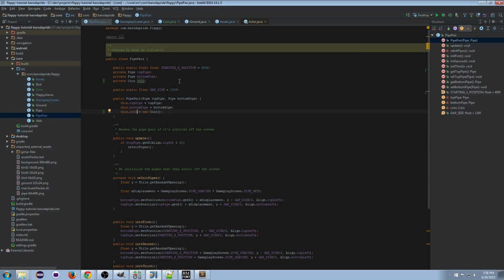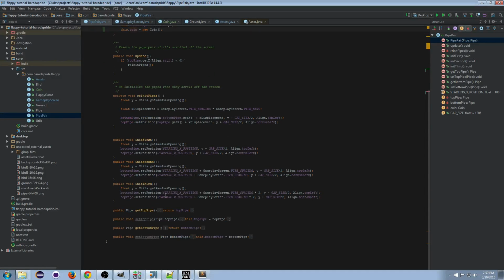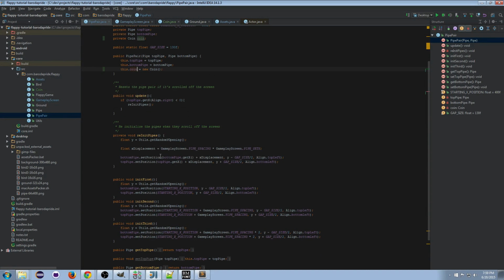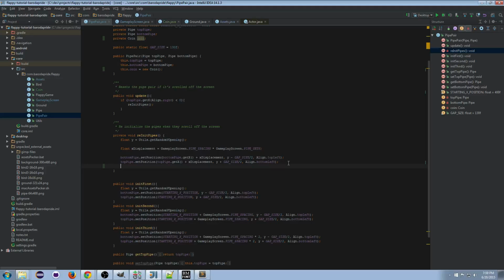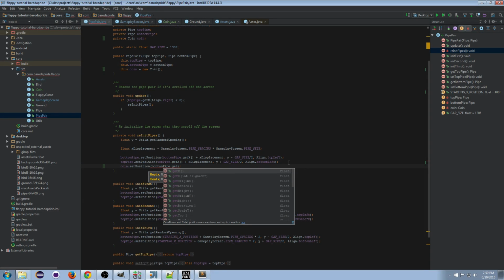Okay, so we initialize it in the constructor. And we need to just set its position relative to either the top or bottom pipe. Let's do bottom pipe. Coin.setPosition, bottom pipe dot get y